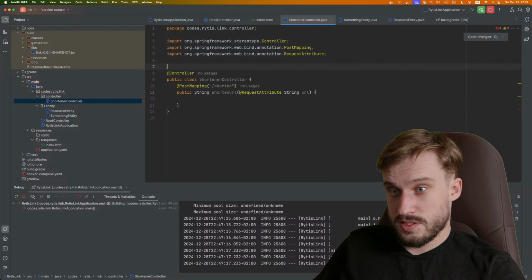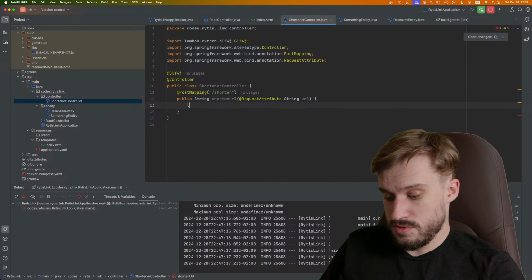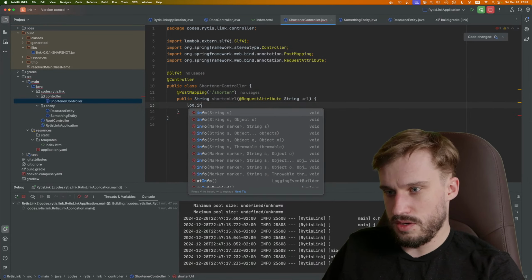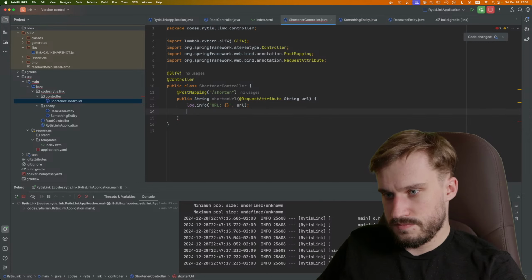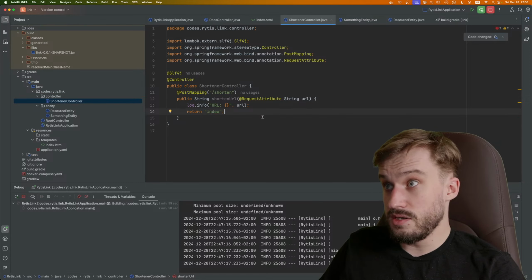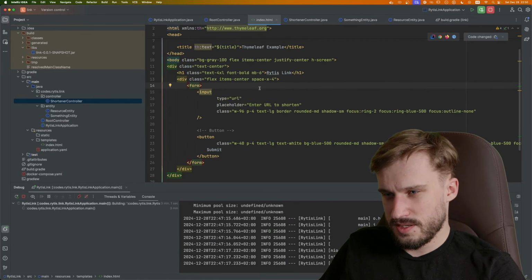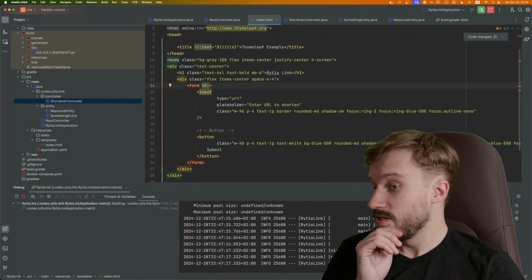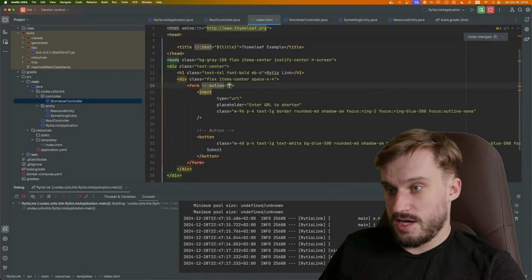Let's just log that one. Log info URL. We're just gonna return the index view again, just to be fast. Fast iterations are important. Th:action is,